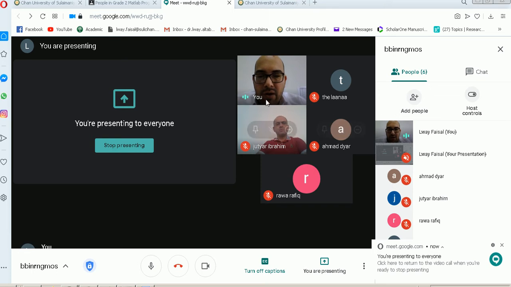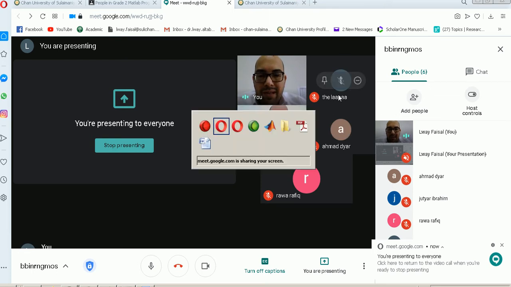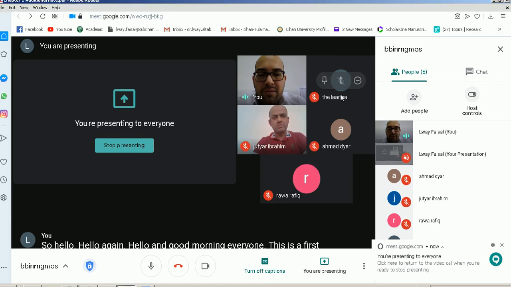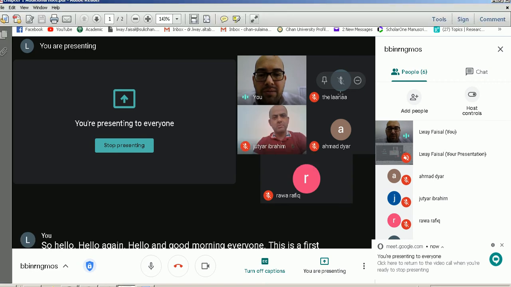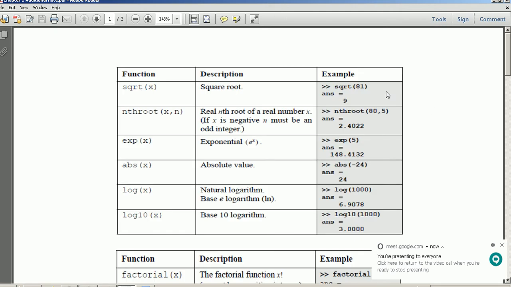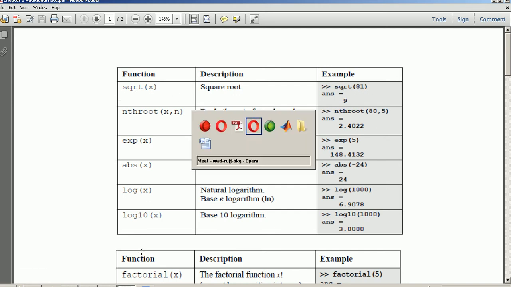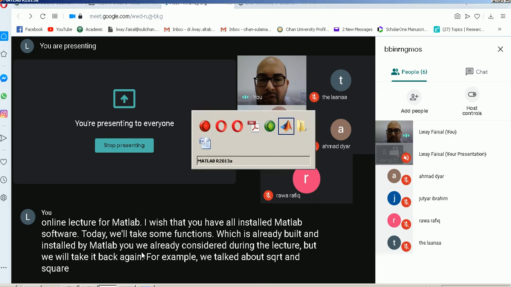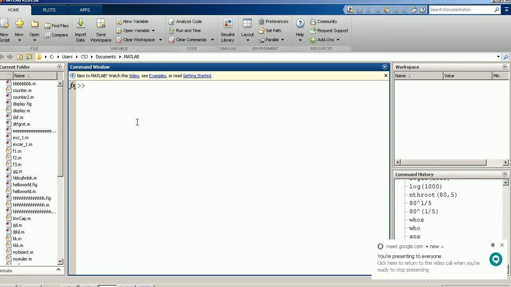I hope that you have all installed Matlab software. Today we will take some functions which are already built in and installed by Matlab. We already considered them during the lecture, but we will take it back again. For example, we talked about sqrt and square. We have said before that if you want to find, for example, 16